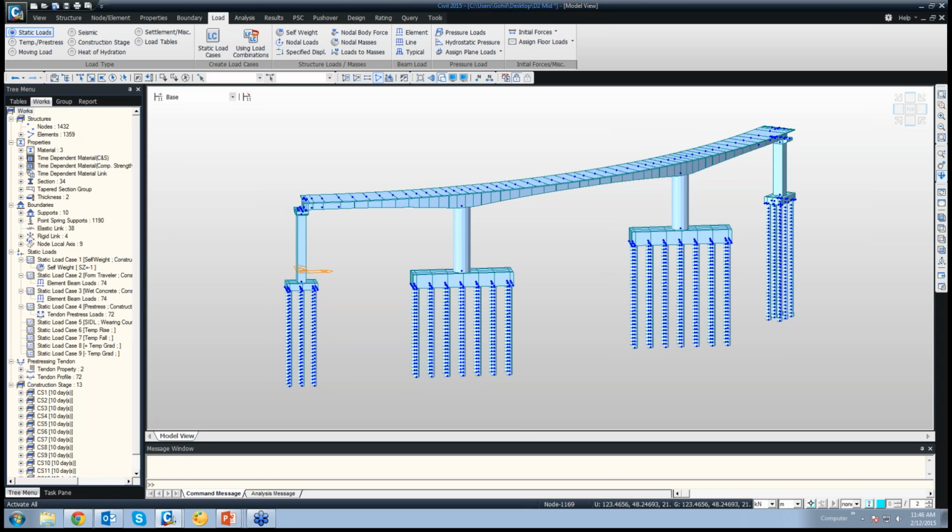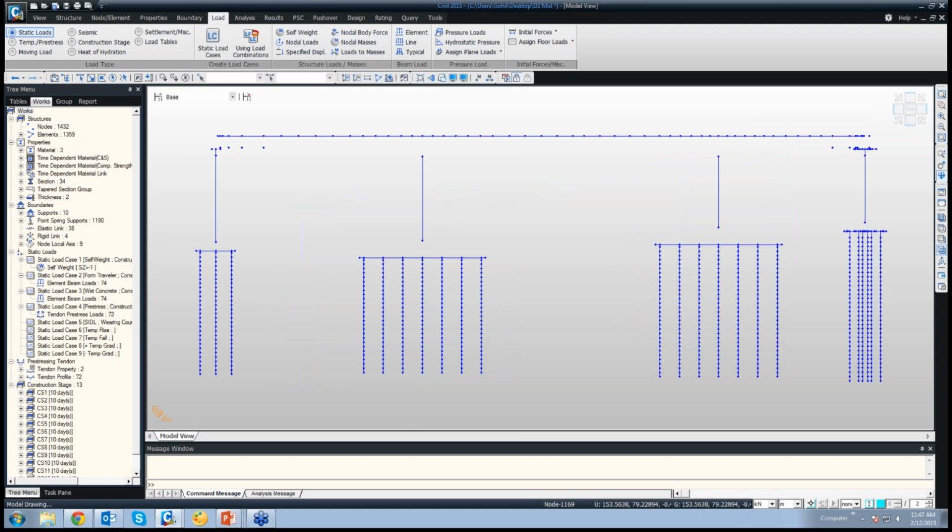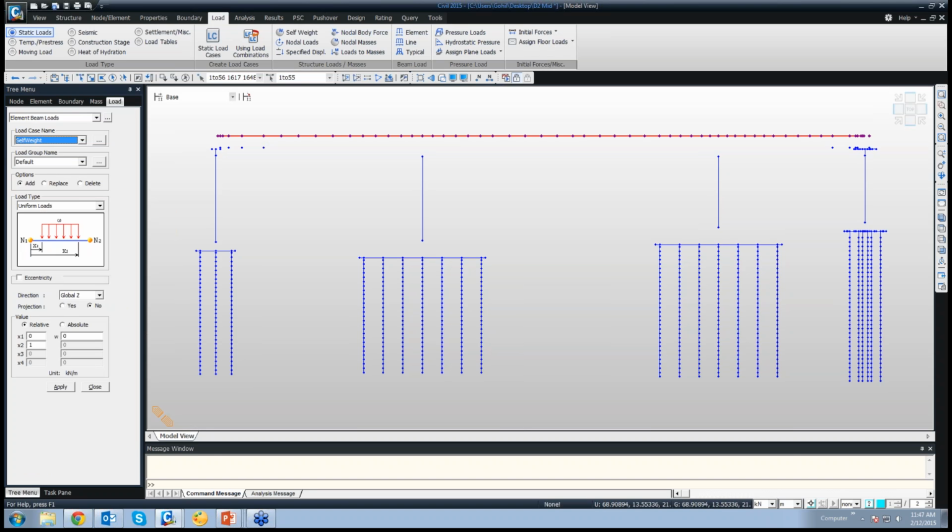So what we'll do is, we'll go to the hidden view. We'll select the top elements. Okay, and in static load, we'll go to element load. The load case that we have defined, right, SIDL. Now that has come up over here. We'll go to SIDL. Okay, and yeah, we also need to create the load group for SIDL, because we'll have